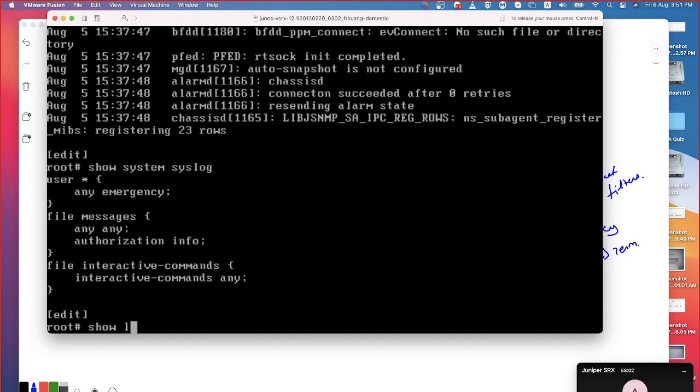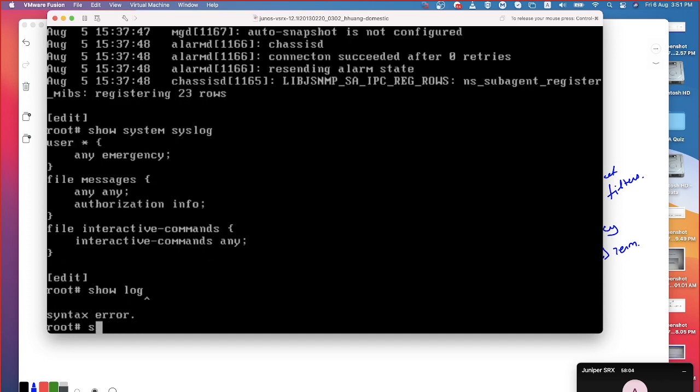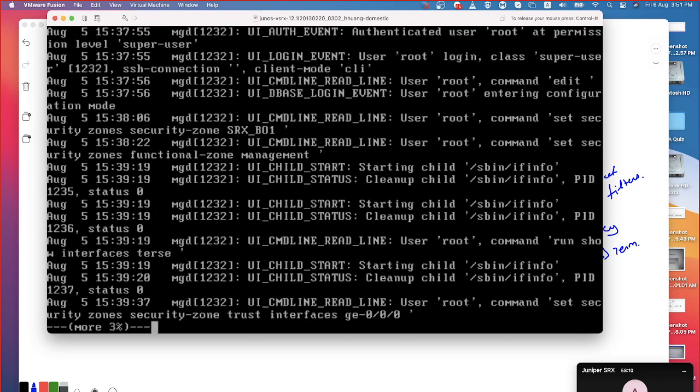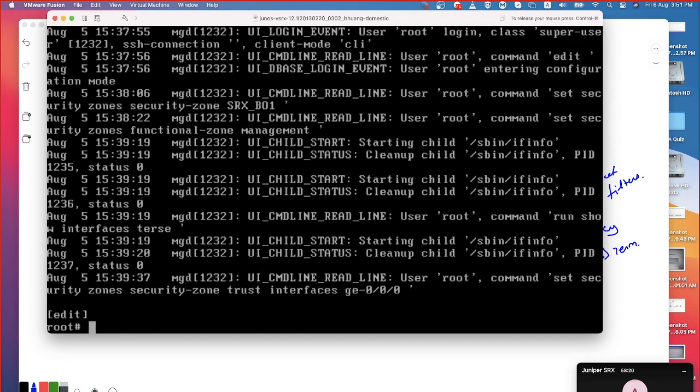Here, show log. You see that, run show log interactive commands. You can give that command. You can see the content of it. See, user root executed the command called edit. Like this, you can see all the details of it. You can also apply a filter if you are familiar with the Juniper operating system, or if you are familiar with the Unix architecture, you can do that. If you have done JNCIA Junos, these things are explained in detail over there. But for you, I guess it is not required.